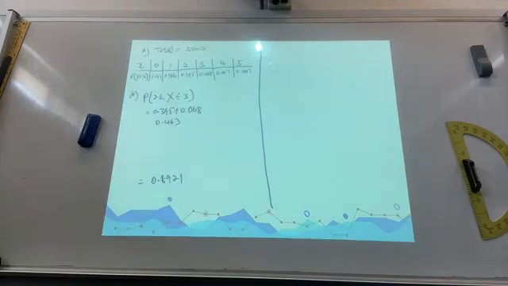Alright, this is what I get. And then to work out the probability of between 2 and 3, let me read the question. 2 or 3 children. So 2 or 3 children is between 2 and 3, so you need to include just 2 and 3, the probability of 2 and the probability of 3. Therefore it's